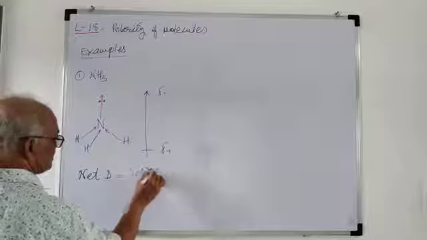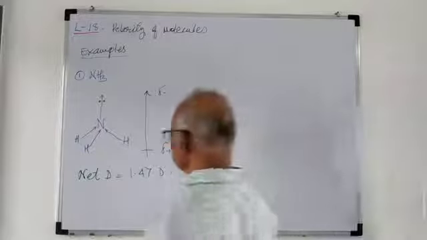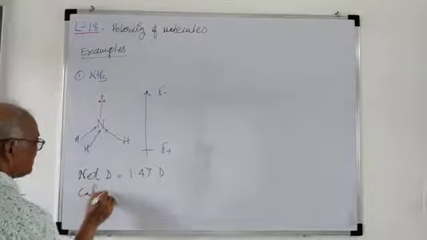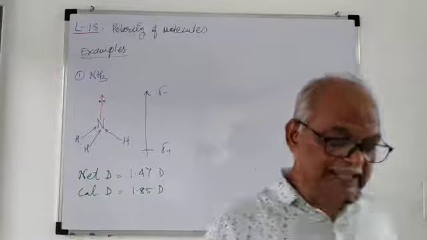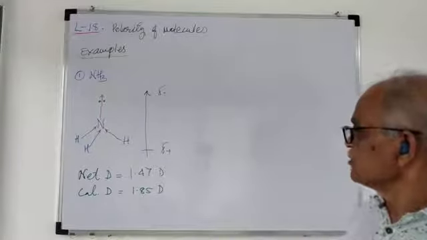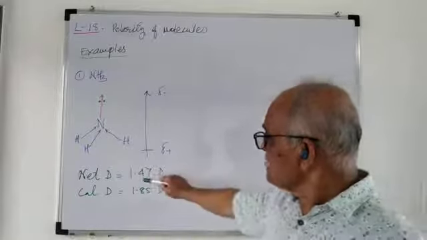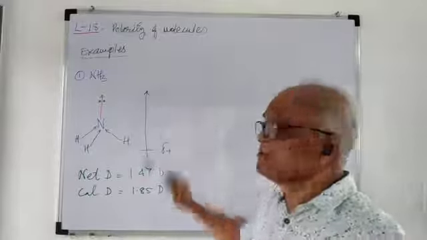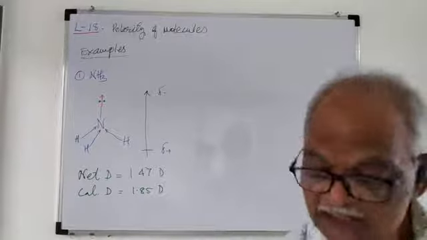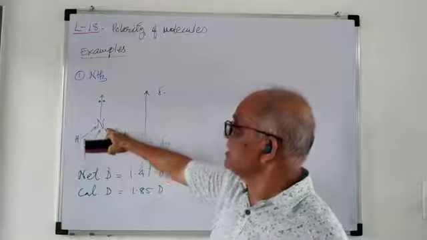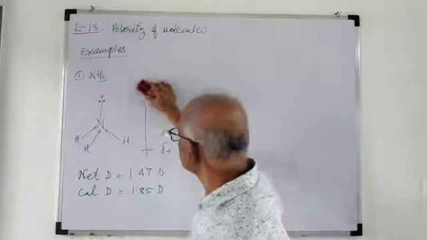is 1.47 D, and this calculated dipole is 1.85 D. So the calculated dipole and net dipole have some difference, but this value shows that the dipole moment of the molecule is very large. So this is because the dipoles of the bond pairs and non-bonding pair are pointing in the same direction. Now we will see the next molecule,